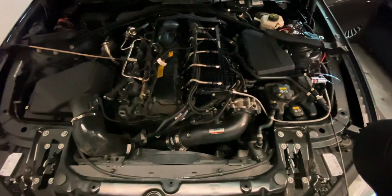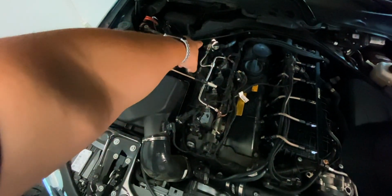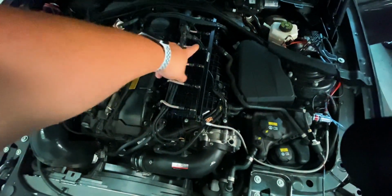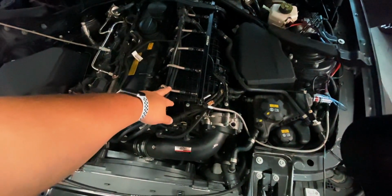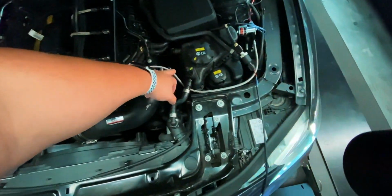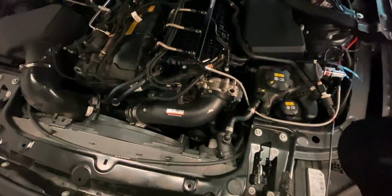All right, so here is a quick view of what's going on under the hood. Obviously we have the Dorch Engineering kit over here fueling the direct injection, and then over here we have this Pro-Meth rail, which has the 6 different nozzles going into the stock manifold, and you have the line right here, the solenoid, and then that feeds off and goes into the tank in the back. Pretty much